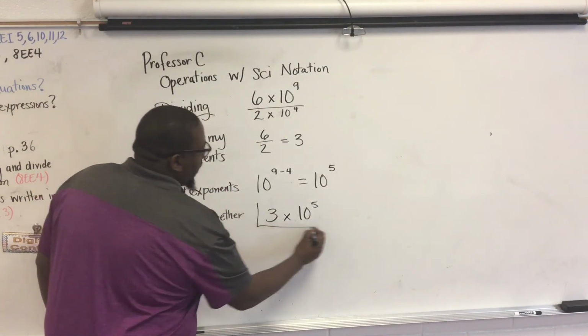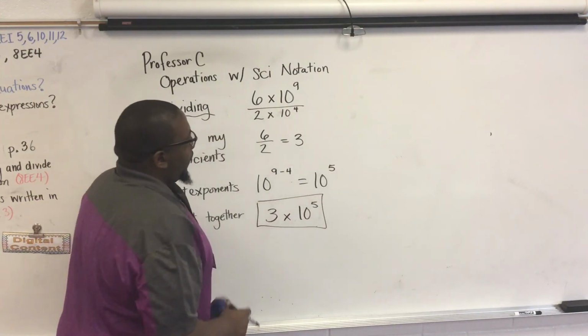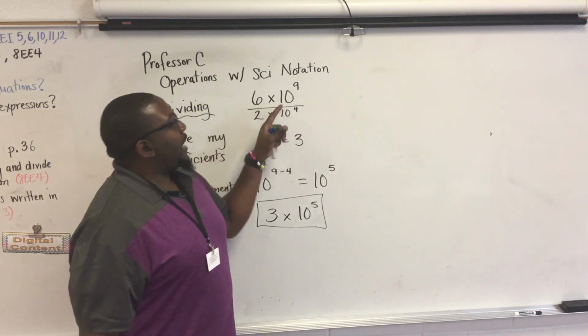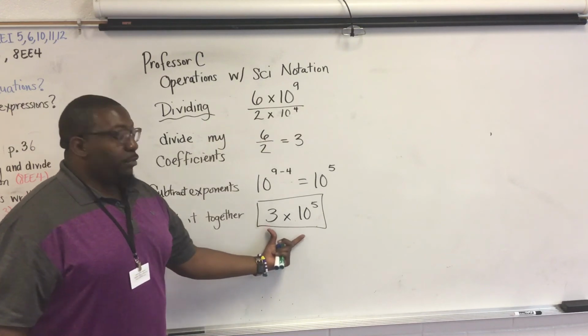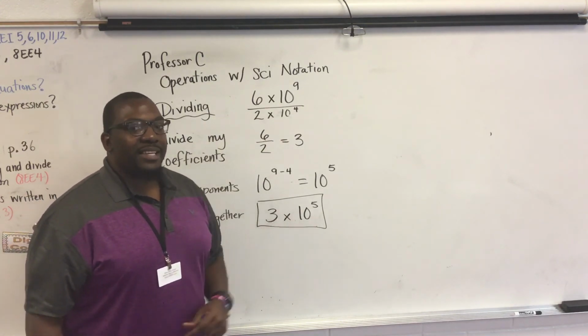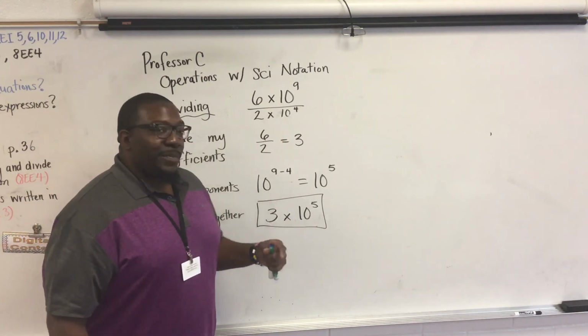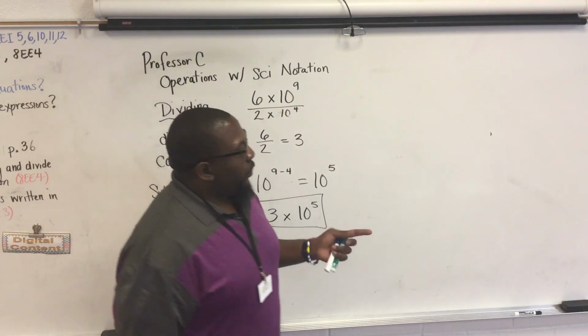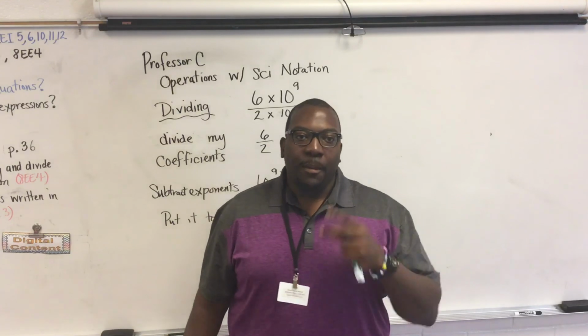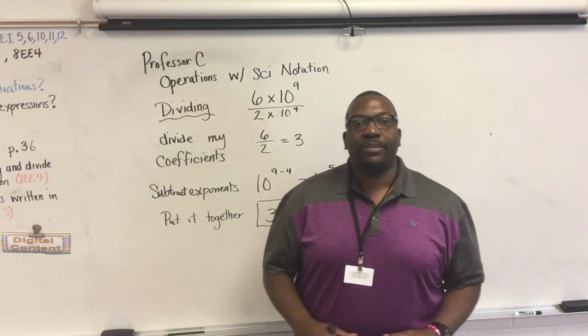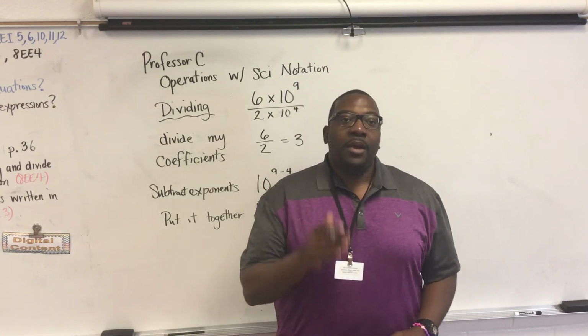So we stop here. So 6 times 10 to the 9th divided by 2 times 10 to the 4th really equals 3 times 10 to the 5th. So in these 2 lessons, you were just shown how to add, subtract, multiply, and divide numbers in scientific notations. Be on the lookout for